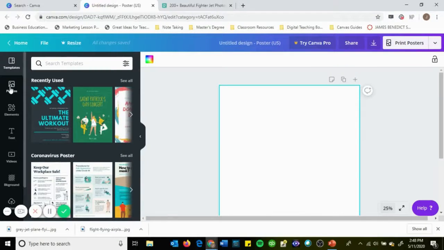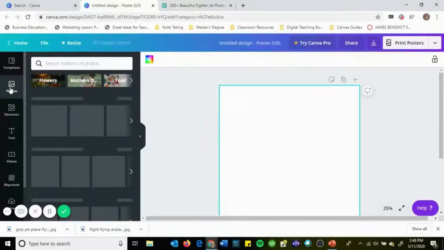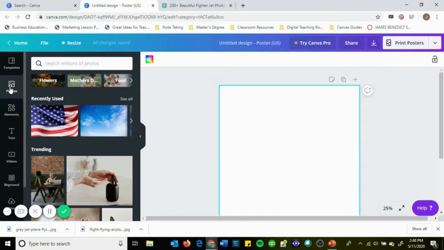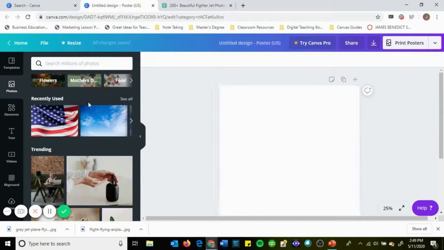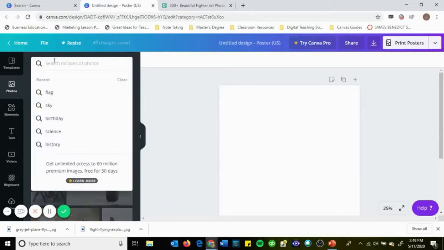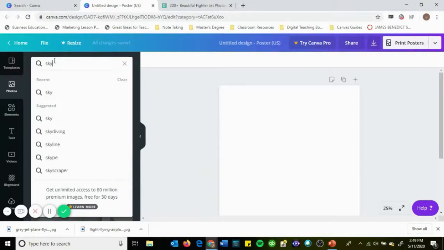Now, we're going to go ahead and look at different photos within Canva here. And there's a lot of different options with this. With Canva, you can search, and they actually are tied to Pexels, which is that website we were at earlier in this session. Or I can search here. One of the things that I like about using Pexels, though, is that if I'm going to do this, and I'm going to type sky,